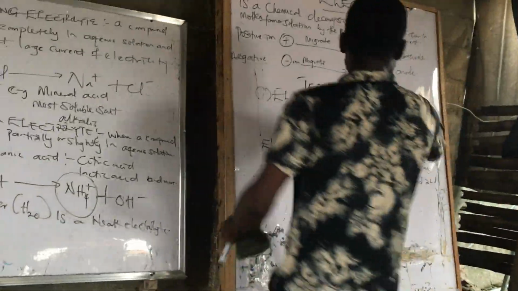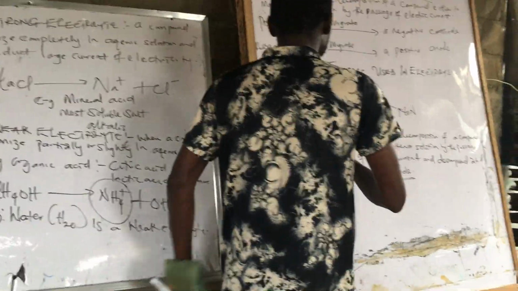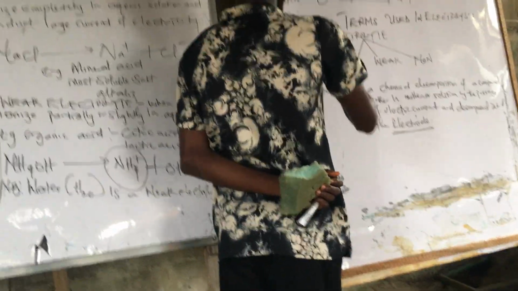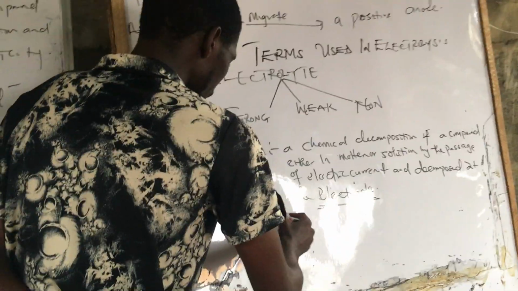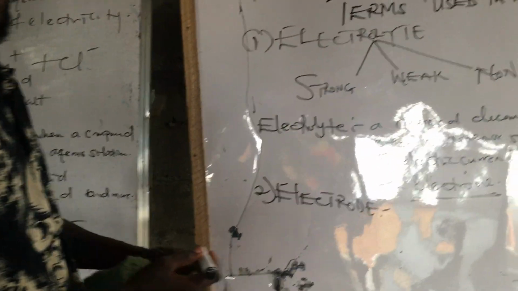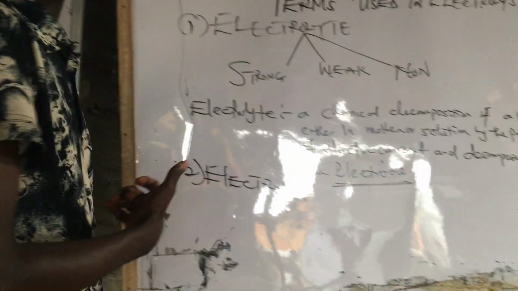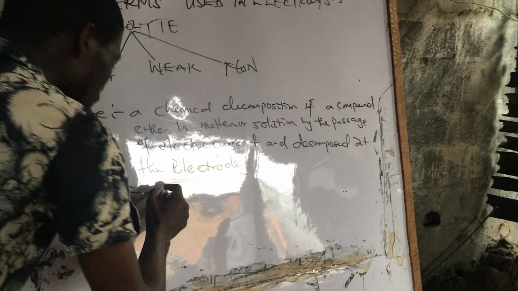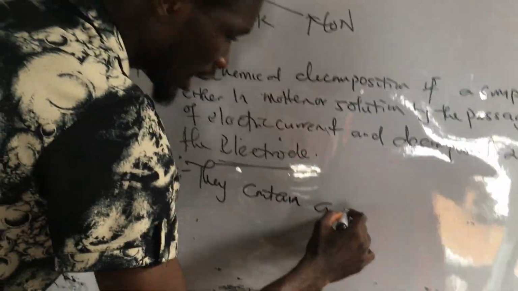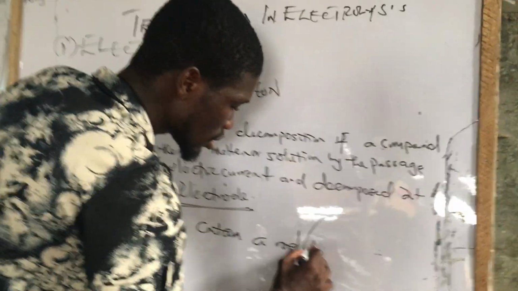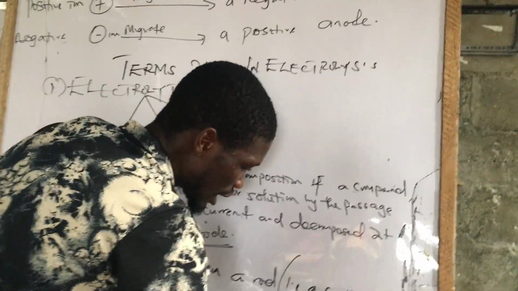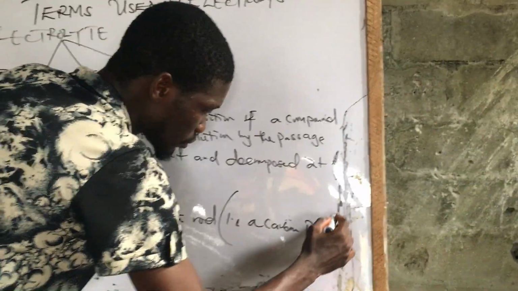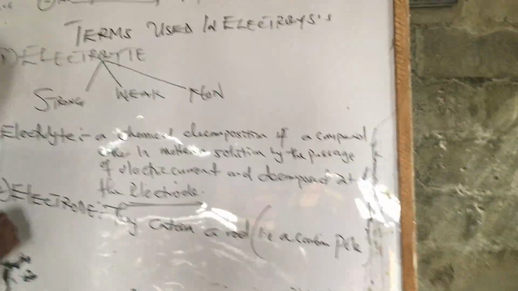So let's go back to the terms used in electrolysis. This one is number 1. Then number 2, we talk about the electrode. So class, what is an electrode? It contains a rod, a carbon pole, in which